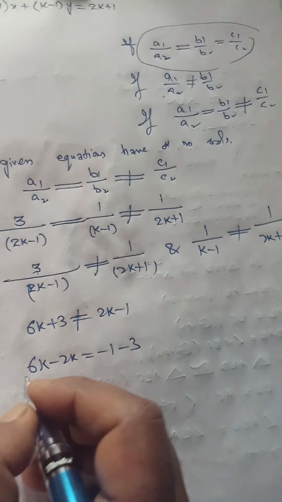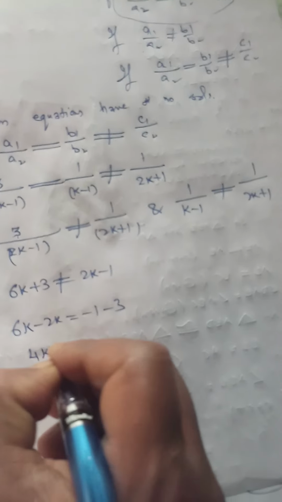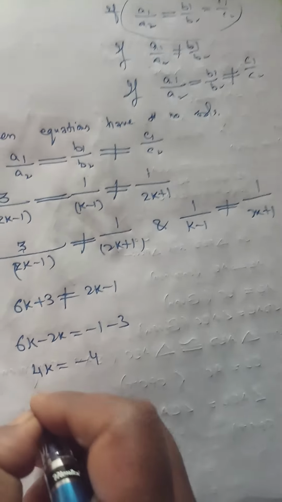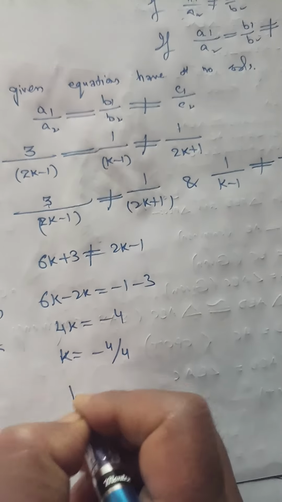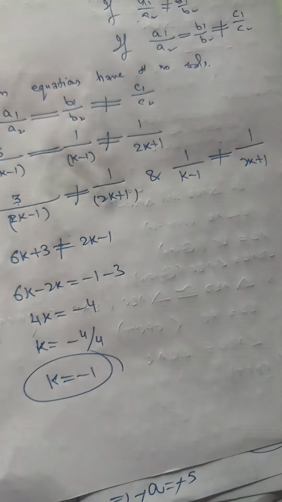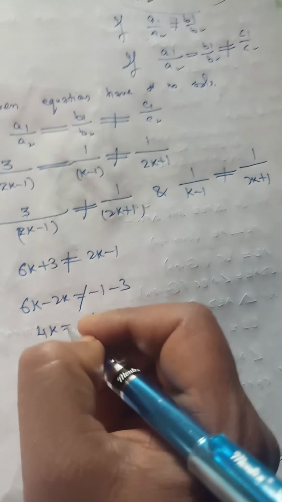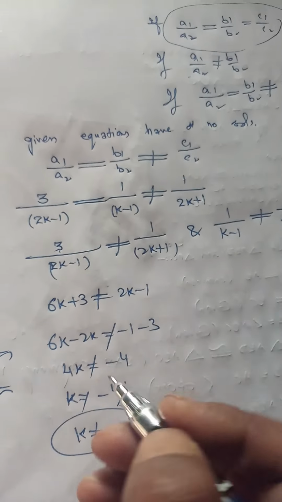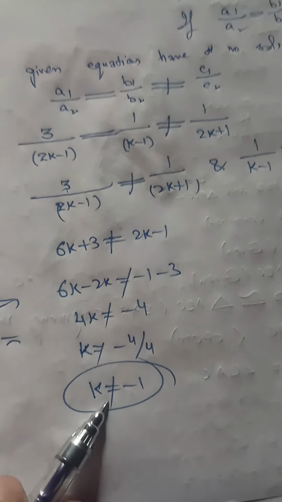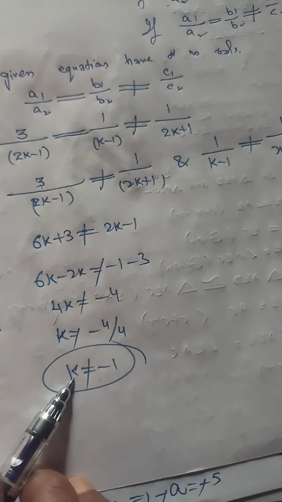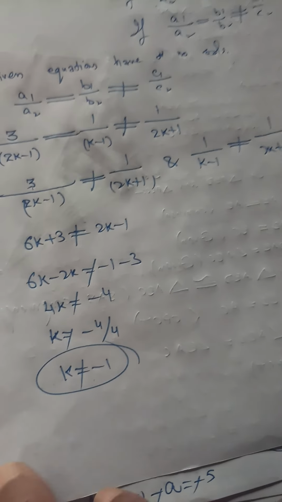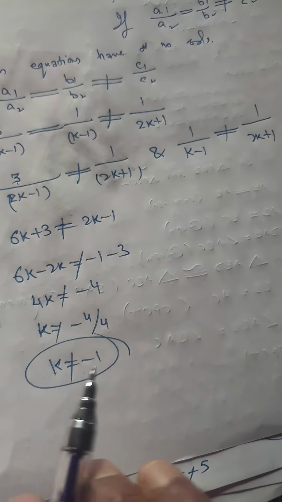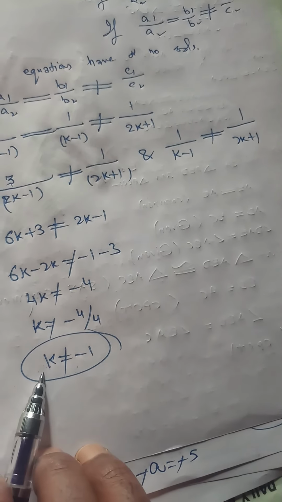Now subtract 2k from 6k, we get 4k is not equal to minus 4. 4k, k is not equal to minus 4 divided by 4, so k is not equal to minus 1. It means that k should not be equal to minus 1. This is one of the values that can be written for k, but k should not be equal to minus 1, right? And now the second one,